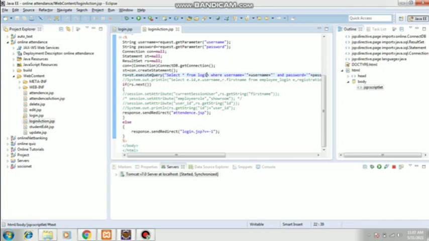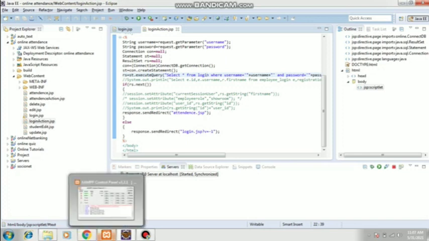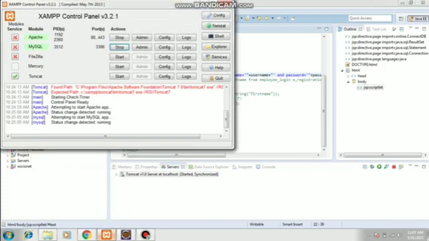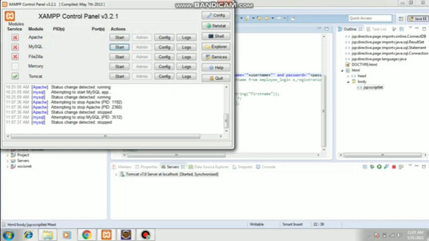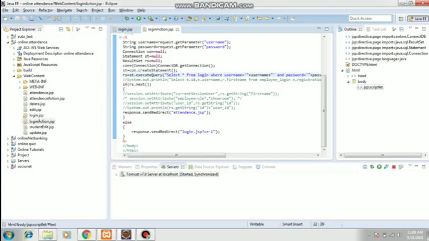So observe, you need to go to the exam first. Click on exam. At the beginning these two will be stopped. This won't be in a start position, so it will be like this. First you need to start the server, that is Apache. Then you need to start MySQL, which has been done here. So these two things should be started. It should always be in a green signal, the green symbol should be there for both. Understood? So with this we just minimize it, we don't have any other work with that.